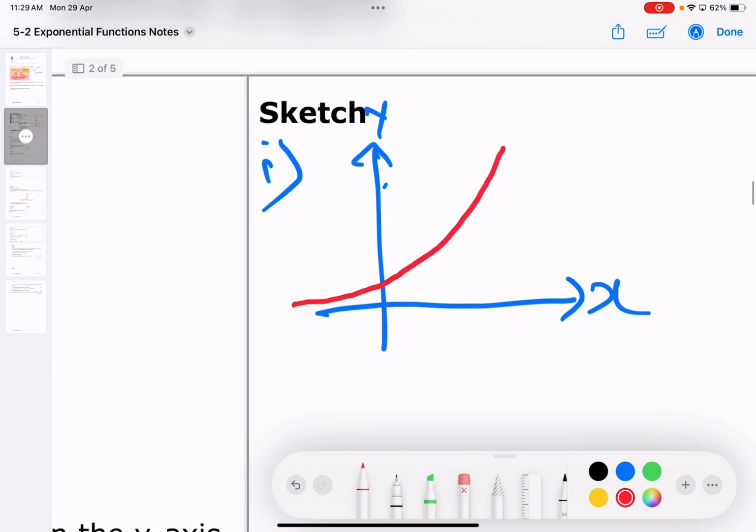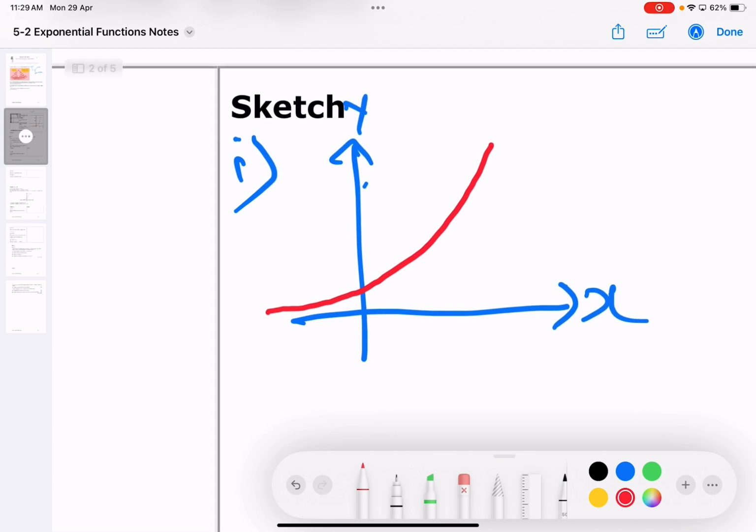Okay, I want to pause at this sketch for a while because there are a few things that I want you guys to be very familiar with. Now, remember, in your graph that you are sketching, y equals to a to the power of x, I told you guys that x actually refers to the time, right? So in reality, let me give you a scenario. In reality, it could be something like